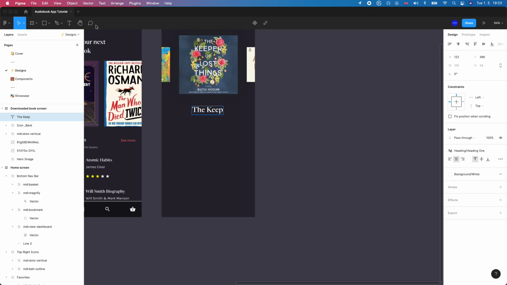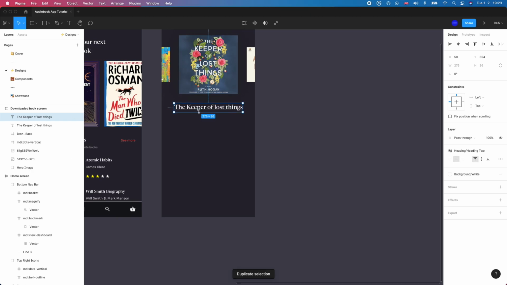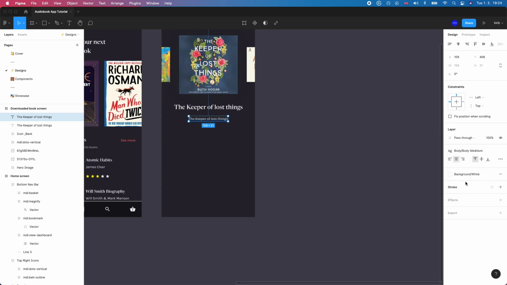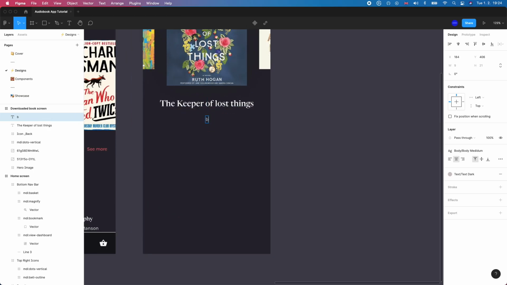The Keeper of Lost Things. I think that's too big. Let's try the heading 2 actually. Yeah, I think that's a bit better. So we'll give it 36 pixels. You can just use the body medium. I've spelled medium so weird, I've just noticed. We use the text subtle color, and just write by